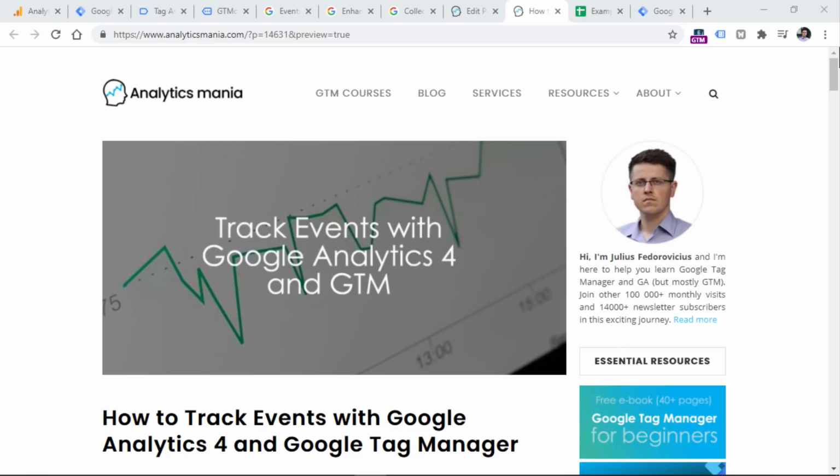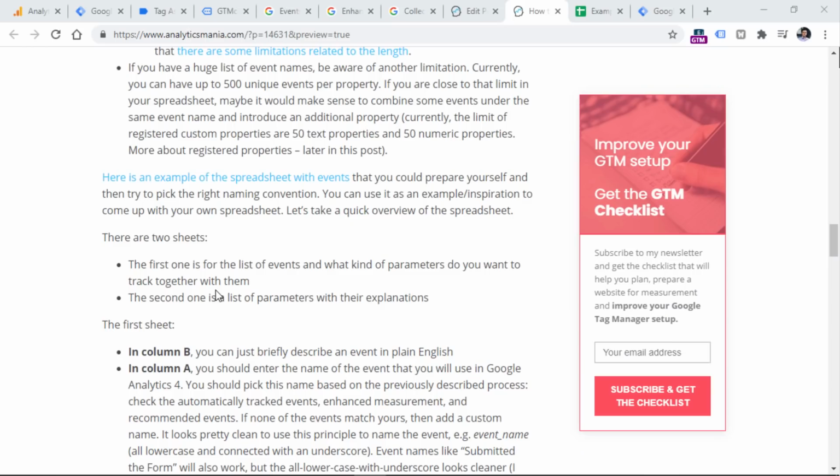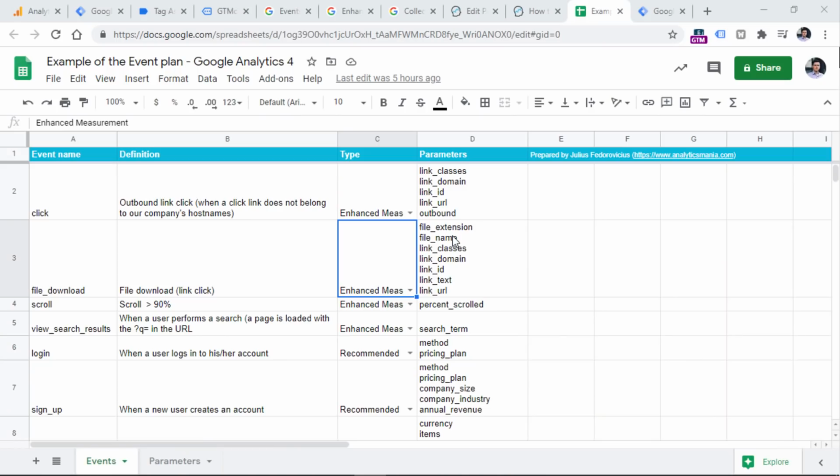And if you are migrating from the Universal Analytics setup to Google Analytics 4 setup, then I would not recommend just blindly migrating fields like event action, event category, event label to your new setup. Now is a good time for you to rethink your naming convention, your event structure, and start everything from scratch. I have some additional migration tips for events in my blog post, and I will post the link to it below the video. Also, in that blog post, you will find an example of a spreadsheet with events. That spreadsheet might give you some tips and inspiration on how to plan your new event tracking setup. You will find more information about this spreadsheet in the blog post as well.